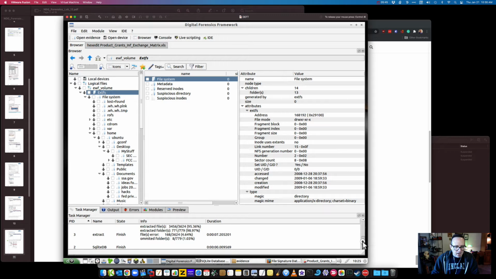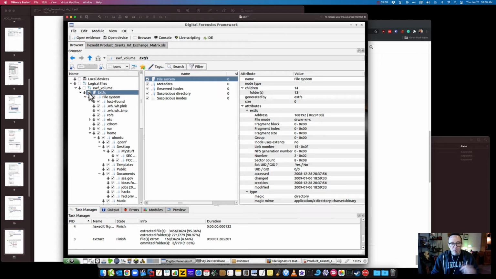I actually tried to open a SQLite DB file, and I'll show you that file. I ended up extracting, unbeknownst to me, all the files, which I didn't mean to. So if you click on that and you do an extraction, you get all the files and folders. Which is fine. I had the space